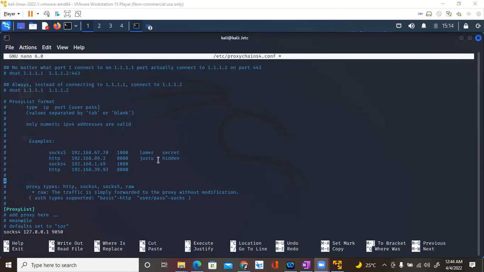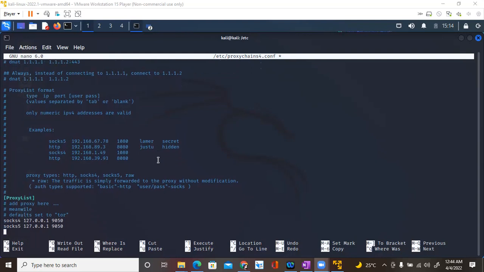So now let's enable the proxies for Tor. Okay, so default set to Tor. This port number 9050 is the default port for a Tor service. There are two things about Tor: there is Tor browser and there is Tor service. Right now we are talking about Tor service. So if you want to use Tor and your proxy together, then you need to enable this. Maybe